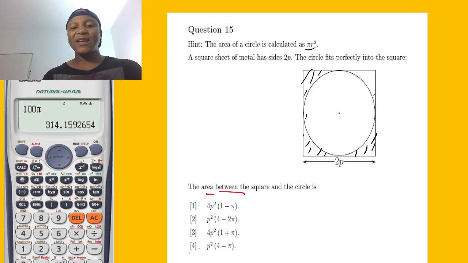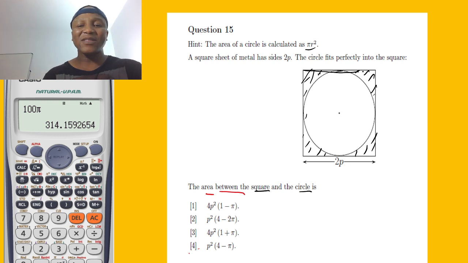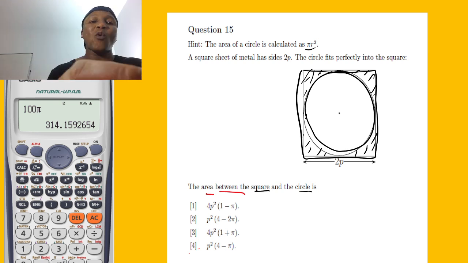Between the circle and the square. The area between the square and the circle. How am I going to get the area between the circle and square? Find the area of everything, then find the area of the circle, and then minus. Means find everything, and let's find the area of the circle and minus. So we're going to say area required, or area between,